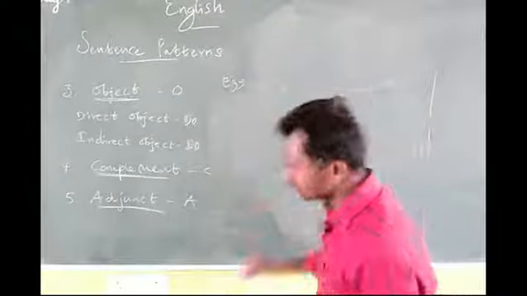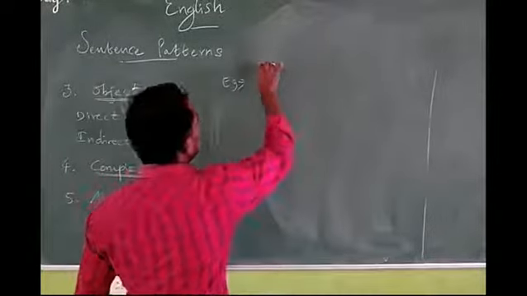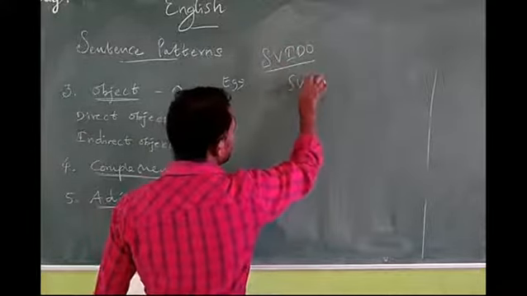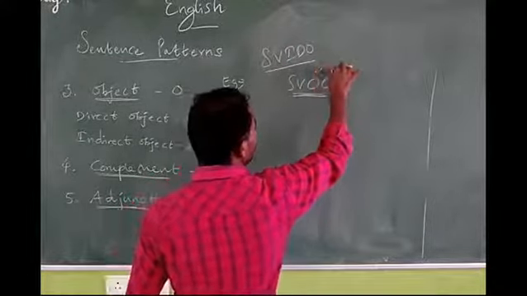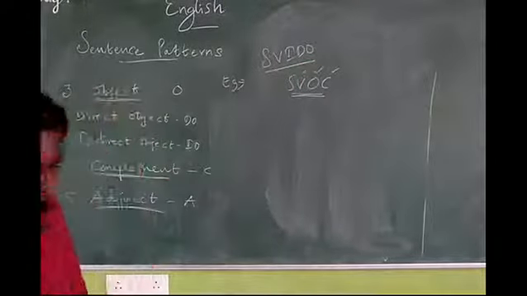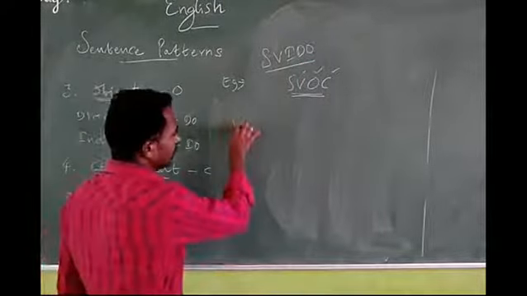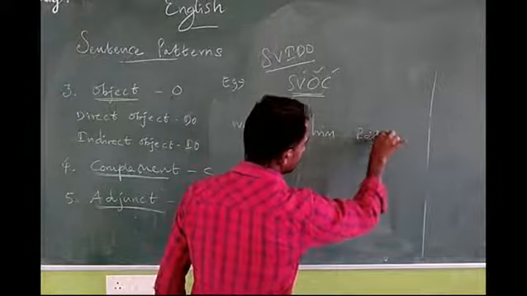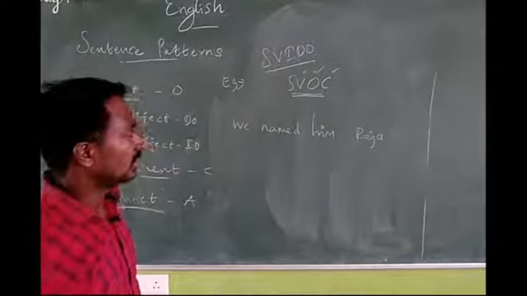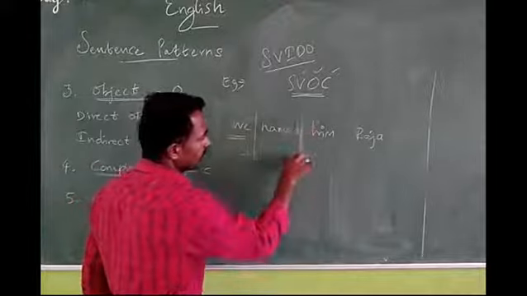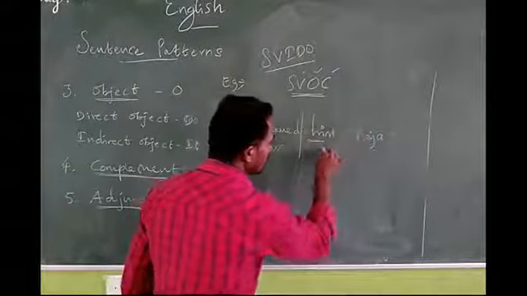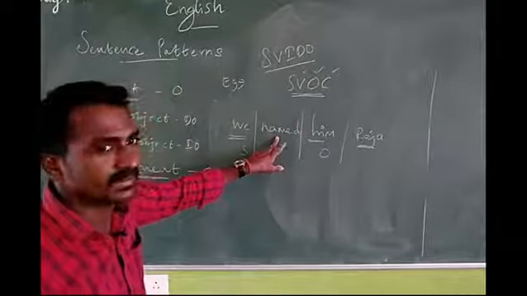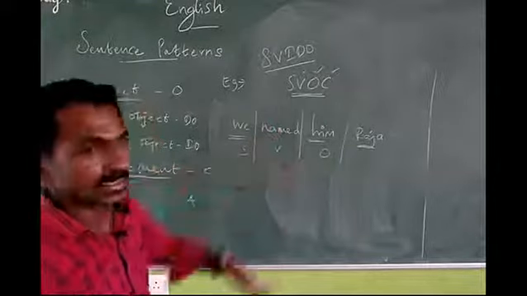And sometimes some questions take S V O C. See, we already discussed the S V I O D O pattern, but here S V O C, object plus complement. How come, sir? One or two sentences take it. For example, we named him Raja. Subject, named is the verb, him is the object, and the complement is the named word; a certain word takes a certain main verb and a certain complement.